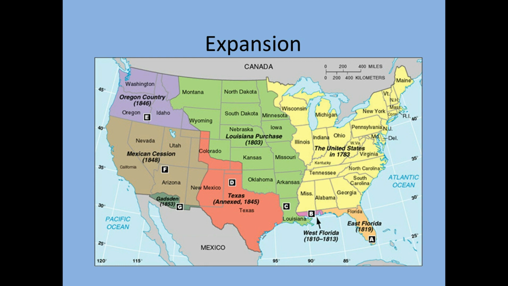In fact, the phrase manifest destiny: destiny, of course, means what is bound to happen. But manifest is a word you're less familiar with, I'm sure, and that means to make something real. So if I have an idea and I make that idea real, if I write a book, I manifested that book. If I say something, I manifested what I was thinking about saying. And so what this means is destiny made real. Now, what is this idea of manifest destiny based on?